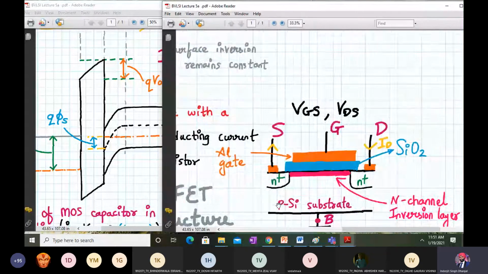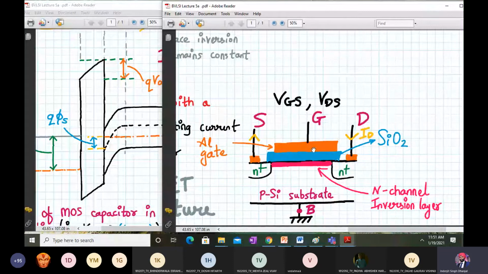How? Let us see. You remember you require a very large voltage to create an N channel, right? So we start with a P silicon substrate, fine, and we apply a gate potential. This orange color is my aluminum gate, this blue color is my SiO2 layer. If you apply the gate potential, we need not apply a very large potential over here, because we already have your source and drain regions, which consist of N plus regions, and we have a P silicon substrate.